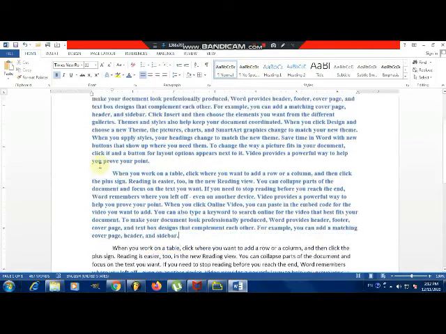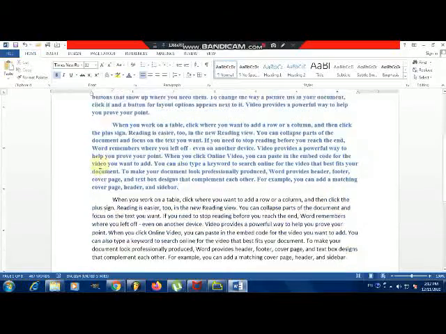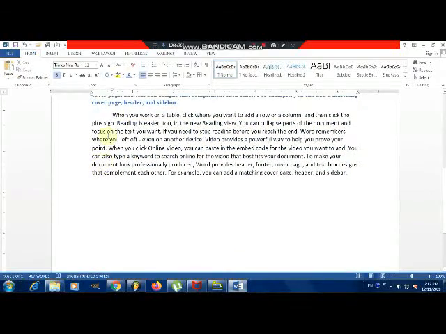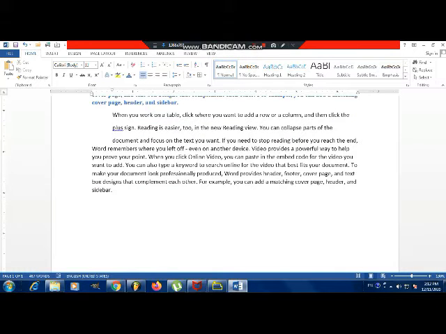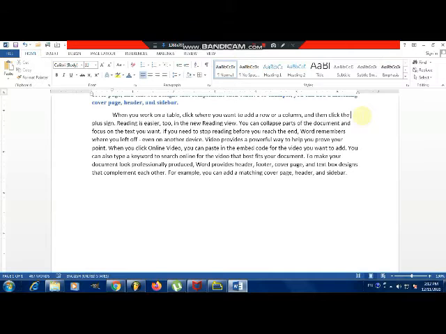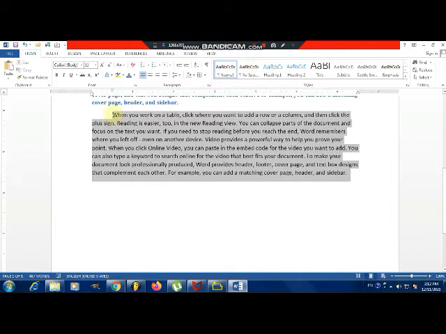So here we have 3 paragraphs and we have to insert a line space between the lines. Manually it's also possible, but it will take more time. It is a time consuming process. Using Enter you can insert a space like this, but it is time consuming and there's no accuracy. So using a command you can insert a space between the lines in a paragraph or a selected paragraph.